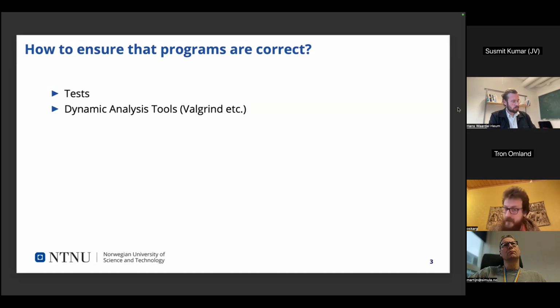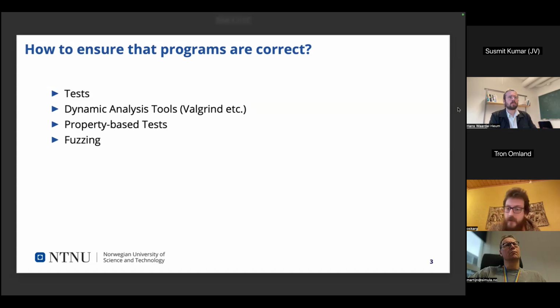But with tests, you can only test so much, and you cannot necessarily exhaust the entire space of possibilities. With the basic test, you're usually just testing one point, or one trace.